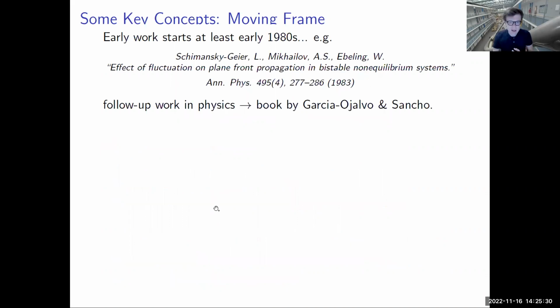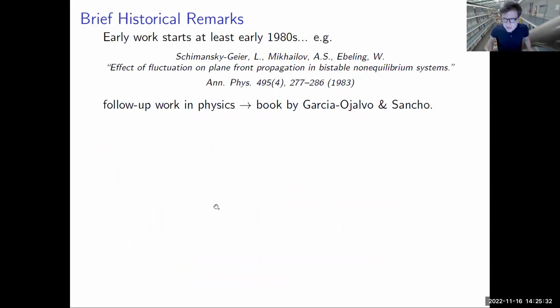Okay, very good. So a little bit of brief history. This area has much more history than you would think it might have. So the early works start at least in the 1980s. There's a very old paper where the Nagumo equation is studied. It says effect of a fluctuation on plane front propagation in bistable non-equilibrium systems from 1983. And there's lots of follow-up and works in physics in the 1980s. And there's a nice book by Garcia-Ojalvo and Sancho where they summarized this work from the 1980s on